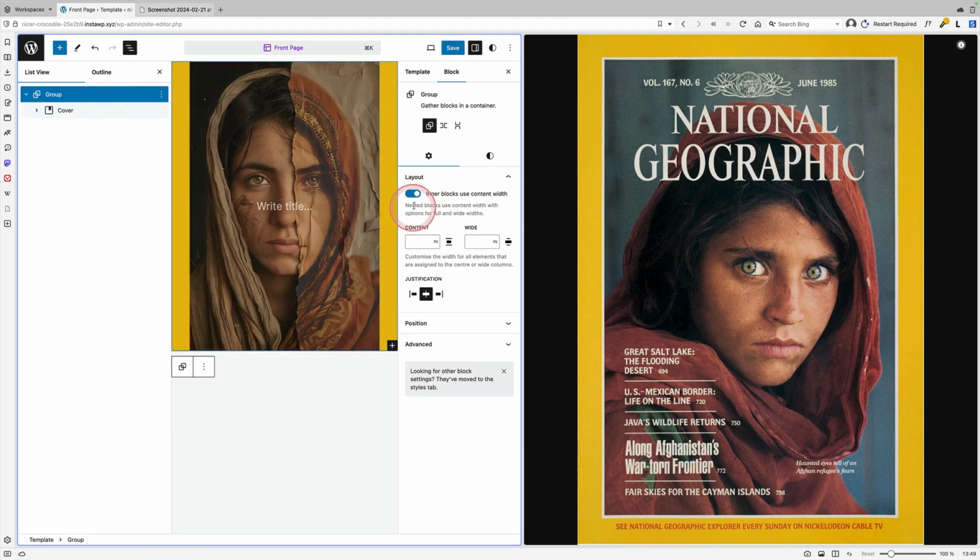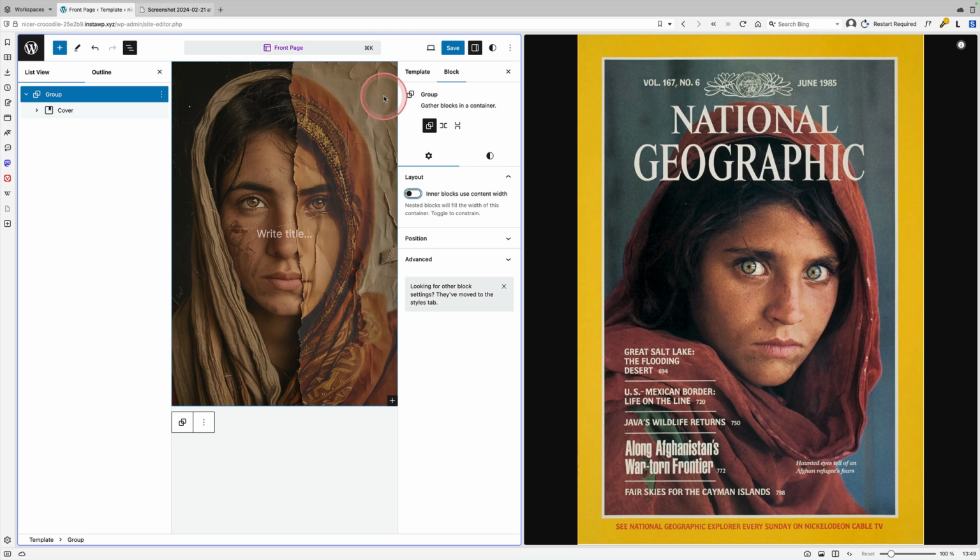You can see how we've already got a border. I want to say inner blocks don't use content width. You can see how it's actually squishing my image a bit. I want this to be full width. Now you can see we've got rid of the margins, but all we need to do is come to styles